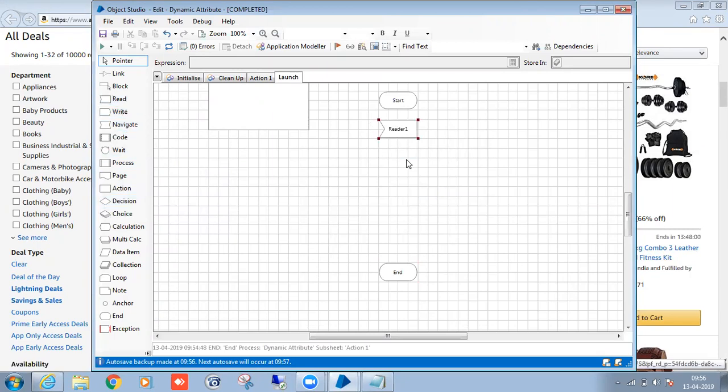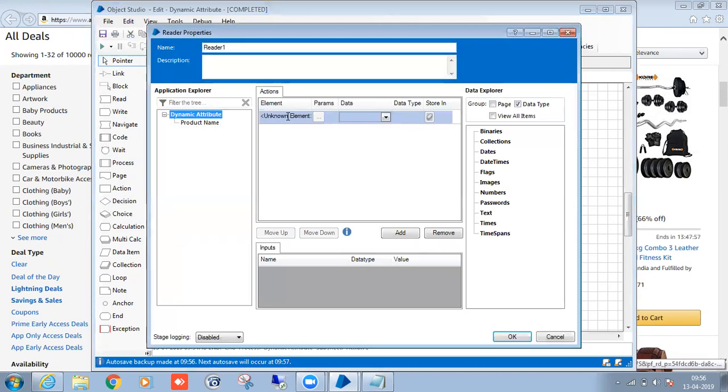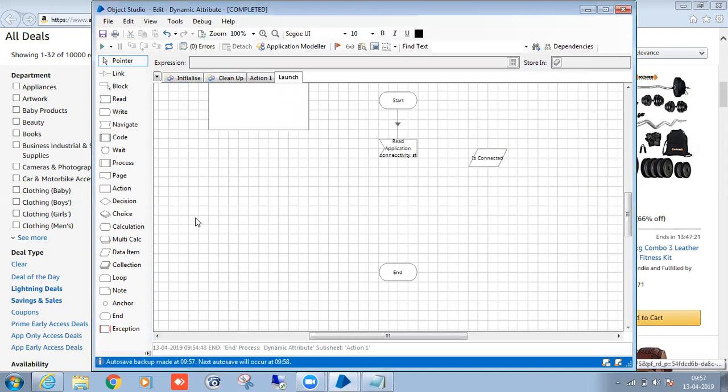So in real time for the launch page, after reading that one, I will check the decision.